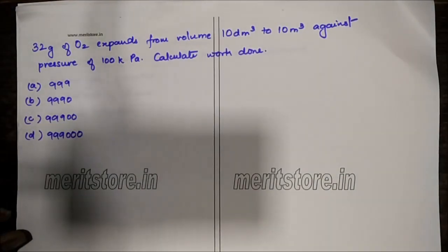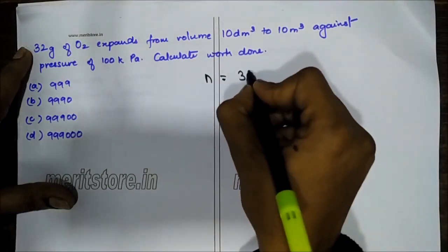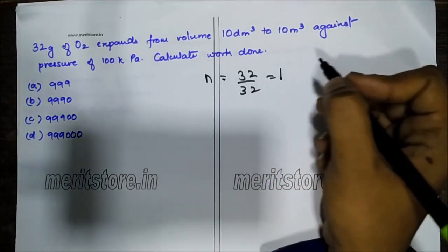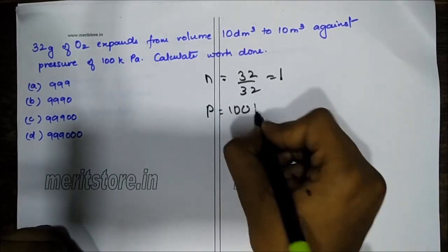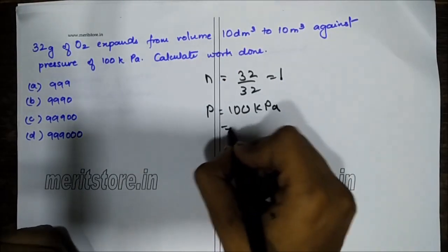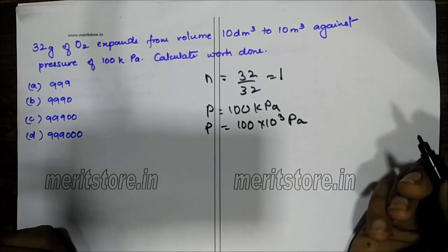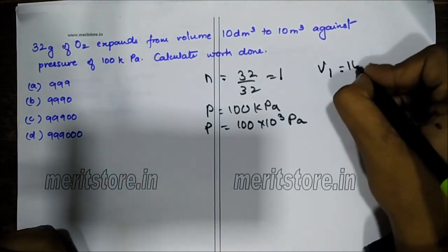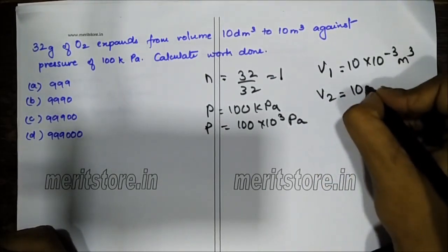32 grams of oxygen expands from a volume of 10 dm cube to 10 meter cube. The number of grams of oxygen remains the same. So if I want to calculate moles, moles is 32 upon 32, which is 1 only. Next, pressure is given as 100 kilopascal. So I will have to multiply this by 10 raised to 3, so P will become 100 into 10 raised to 3 Pascal. Then your volume V1 is in dm cube, which we will have to convert into meter cube. So this is 10 into 10 raised to minus 3 meter cube,